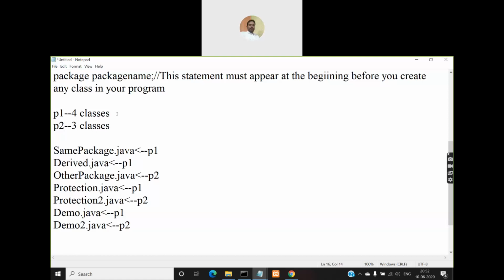right? So what are the 4 classes defined in P1?